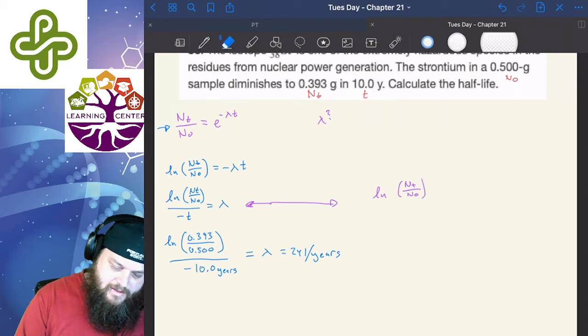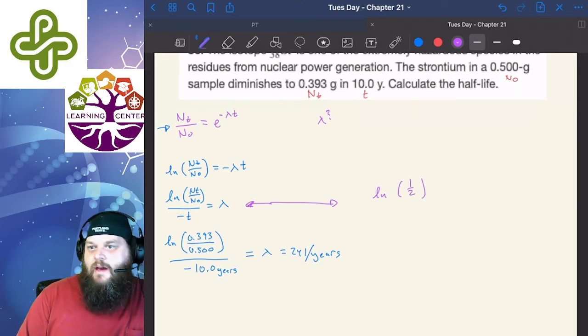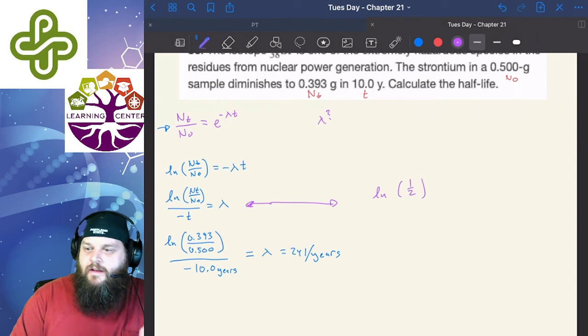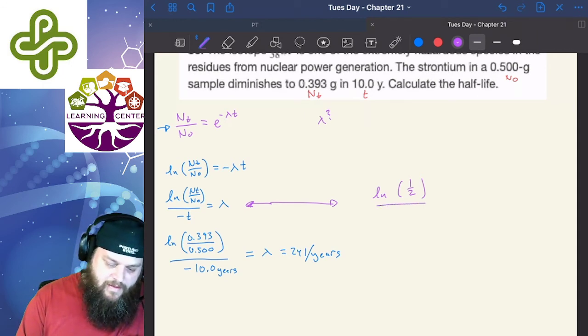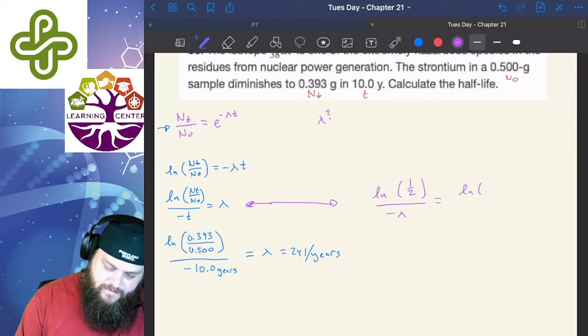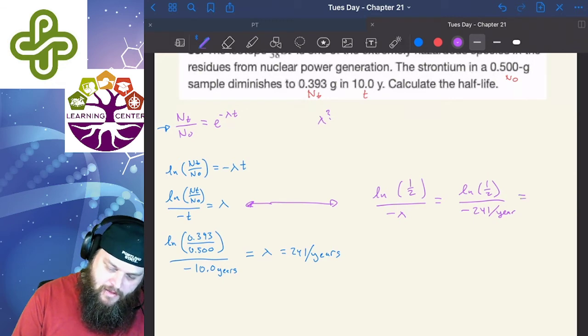But in this case, this ratio needs to be 1/2. That's why it's a half-life, because the fraction that you have is half of that element has already decayed into whatever it's decaying into. So then we need to divide that by negative lambda. So in this case, that's